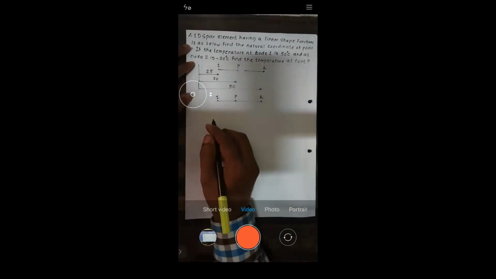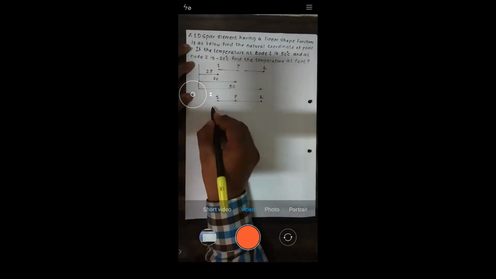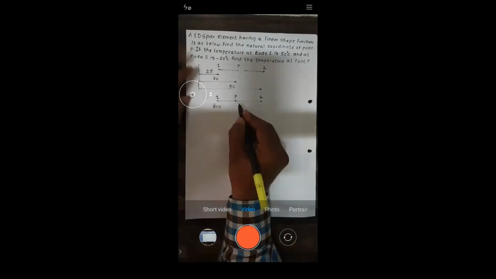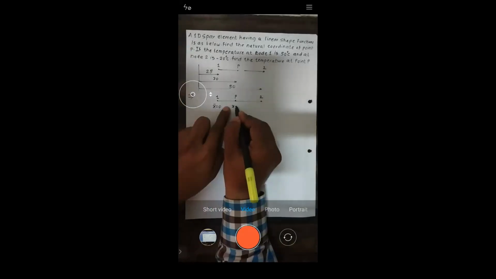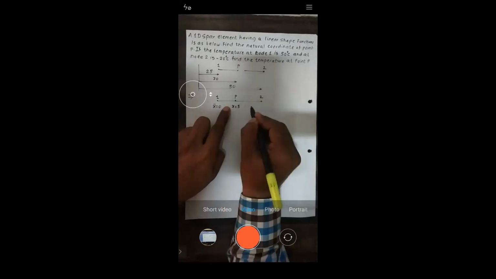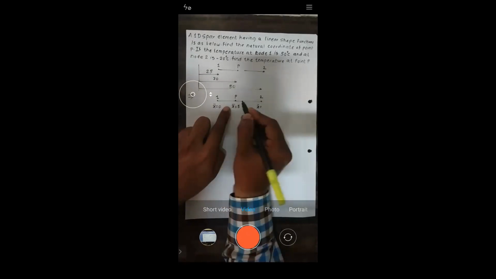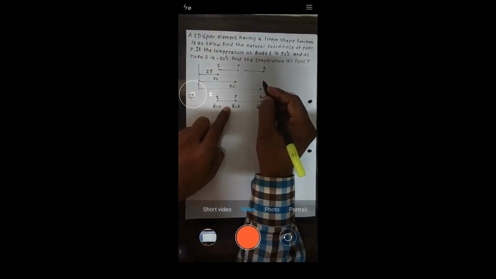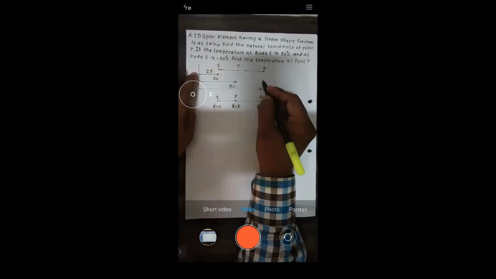So if I consider the value of x bar here 0, then what is the value of x bar here? Tell me. Right, here it is 5. What is the value of x bar here? 25. See here, this is 30, this is 25, so obviously this is 5, right?